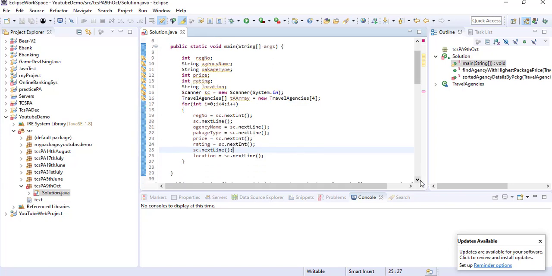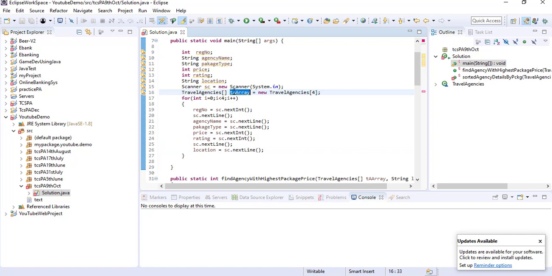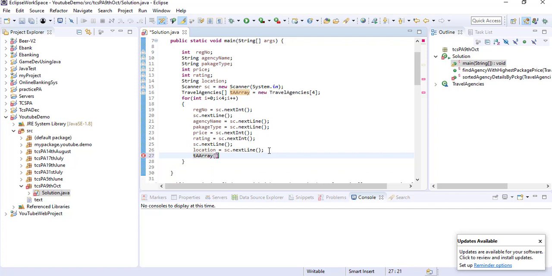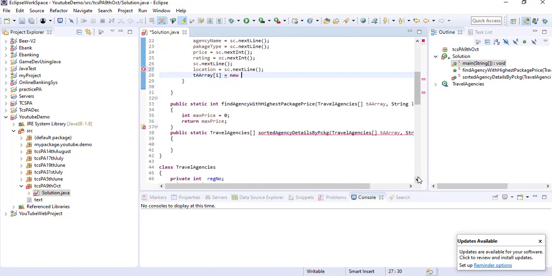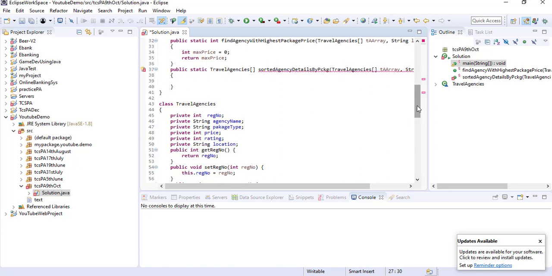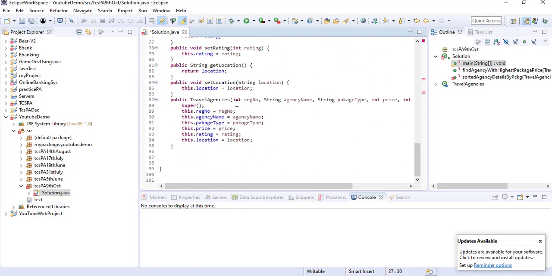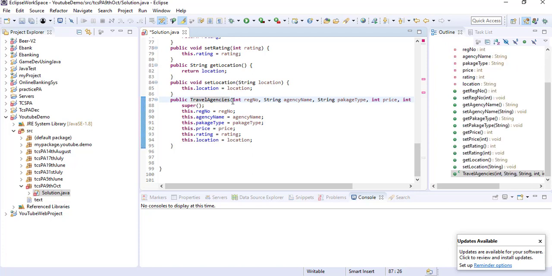Okay, so this is done. Then in this array index we will create one object of this travel agency and store it in the ith location. Initially i equals 0, so in the 0th position it will store the first object. For creating a travel agency object, you have to use new, then the constructor. We will call this parameterized constructor with these attributes in this sequence. So just copy,